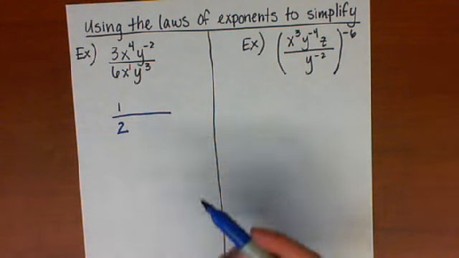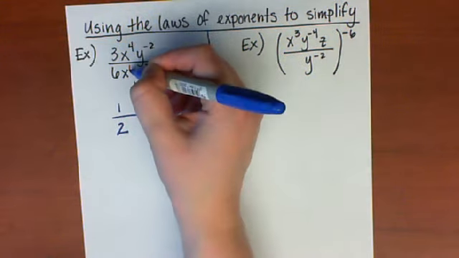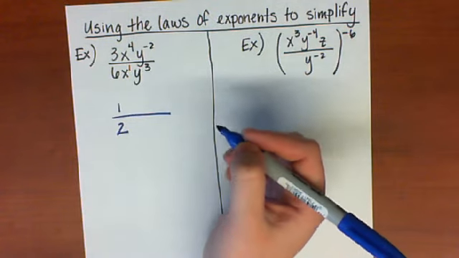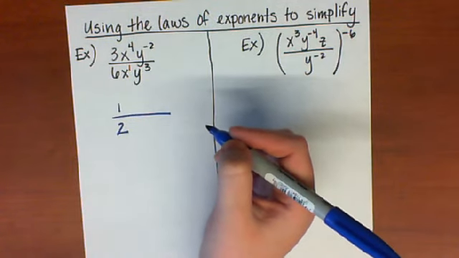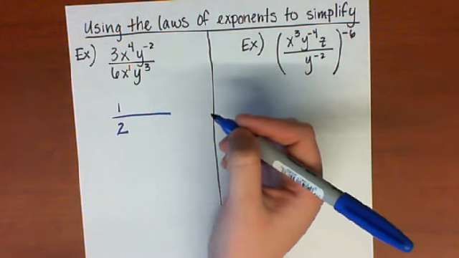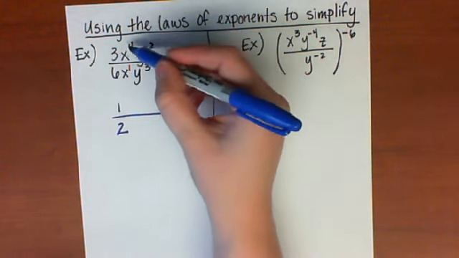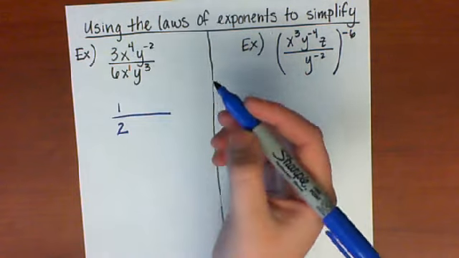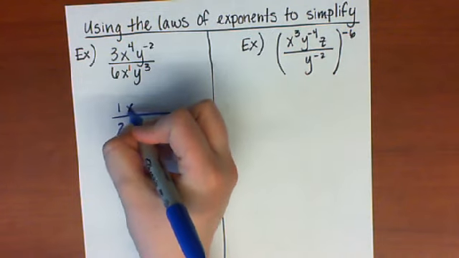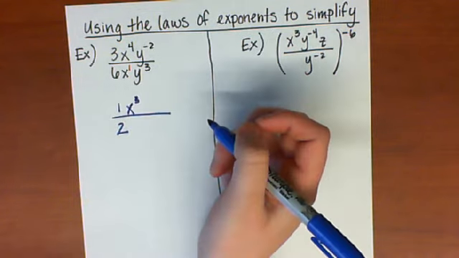So when I look at this, I'm going to take 4 minus 1, and that's going to give me 3. So my new exponent is going to be 3. This x cubed is going to be in the numerator because the x to the 4th is larger and it's on the top. So I'm going to have x cubed in the numerator.